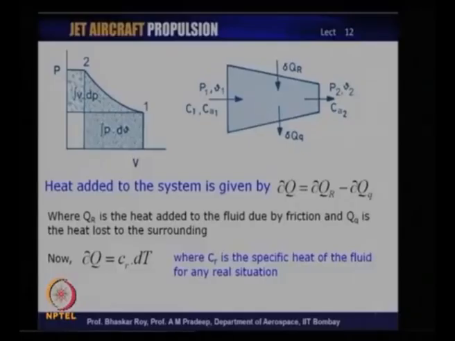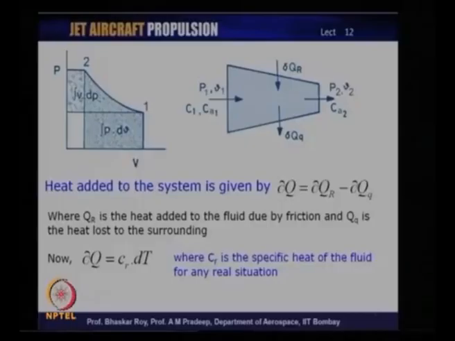So, the net heat added to the system is given by delta Q equals delta Q r minus delta Q subscript small q, and this Q r that is said to be added to the fluid flowing inside this system may be assumed to have been added by the fluid friction. So, that is one of the possibilities, and Q subscript small q is the heat loss to the surroundings, which often happens due to the normal heat